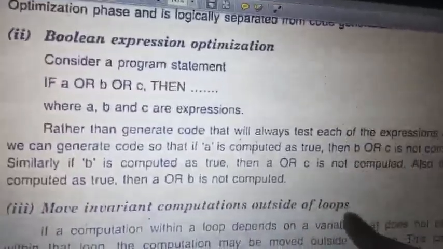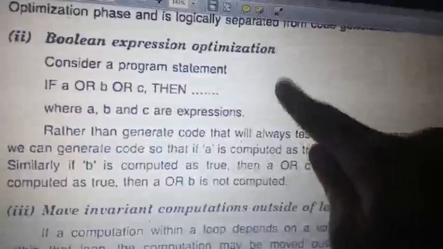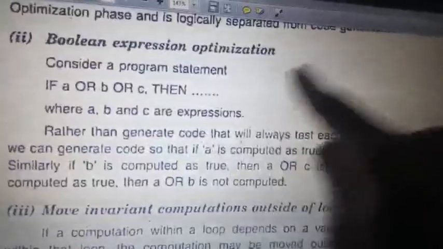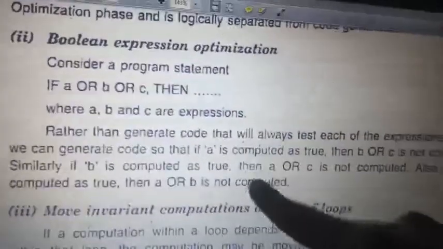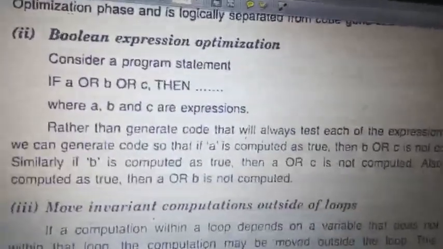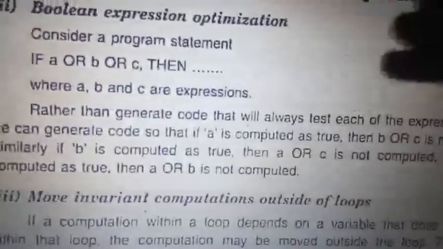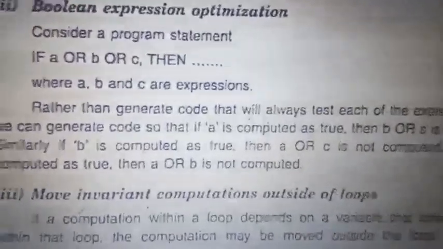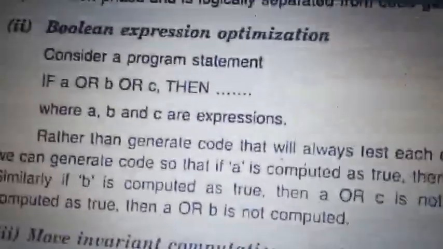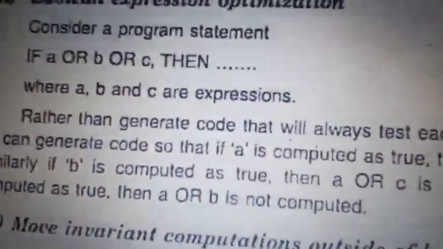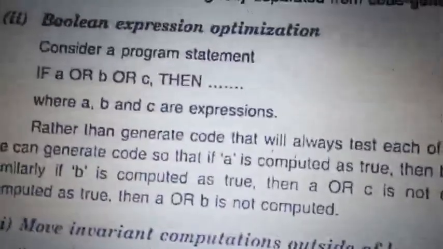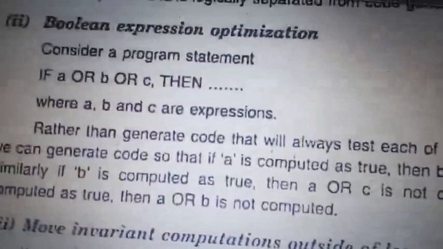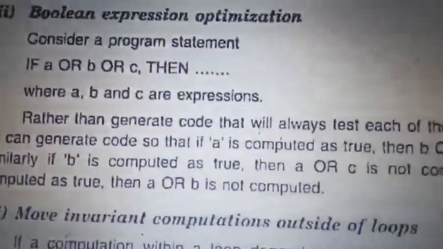Instead of writing such a huge condition, use an OR condition. If A is greater than B or A is greater than C, A is greater. One more condition: if B is greater than C, then B is greater, else A is greater. So we end up with three conditions instead of going one by one. In one expression you combine two or more conditions, so that you can reduce the number of executions and the number of lines, so it becomes optimizable.